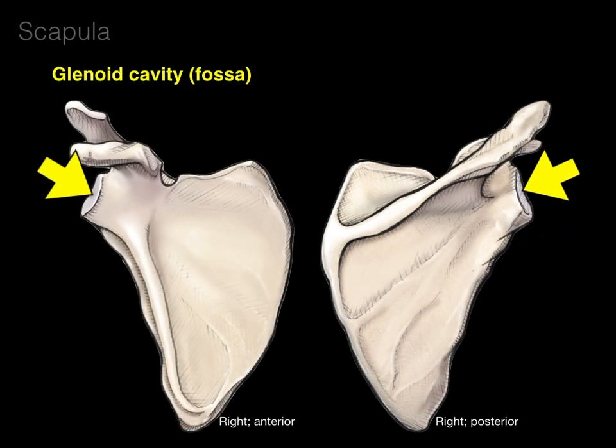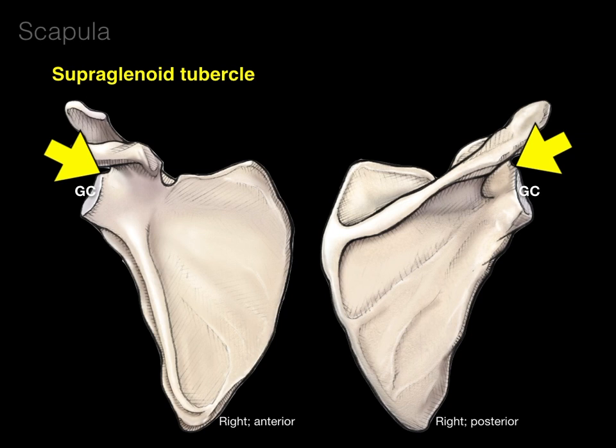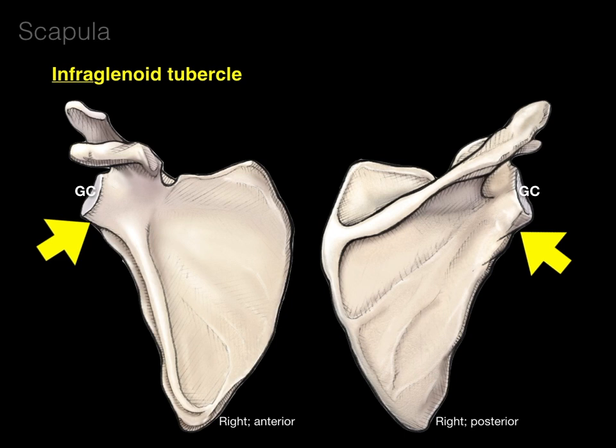So here we have laterally the glenoid cavity, also known as the glenoid fossa, and this is the socket of the ball and socket joint, or of your glenohumeral shoulder joint. Above it, there's a little tubercle or bump called the supraglenoid tubercle, for being above the glenoid cavity, and that's the attachment of the long head of the biceps brachii. And then another bump, a tubercle below, called the infraglenoid tubercle, that's the attachment for our long head of the